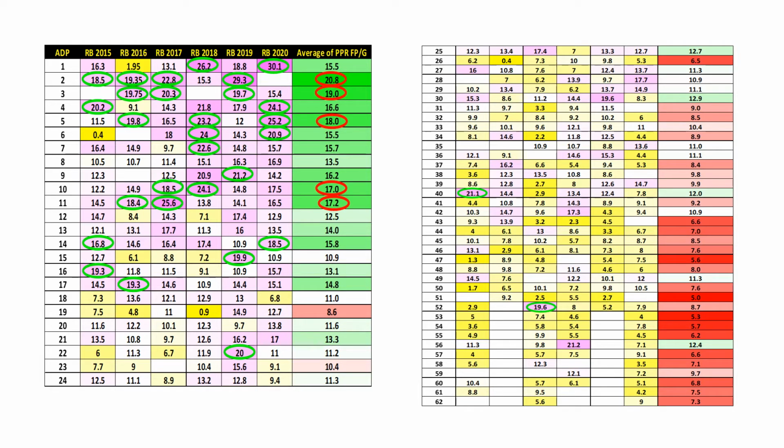So I circled in green the ADPs above 19, I believe. I just kind of remind you of the top, and I circled above 19. So after the 24th pick, you've got only 2 that have scored above, what, 19 and a half?